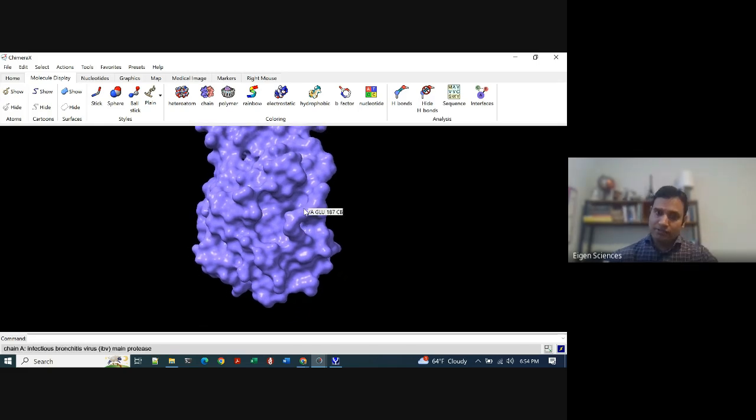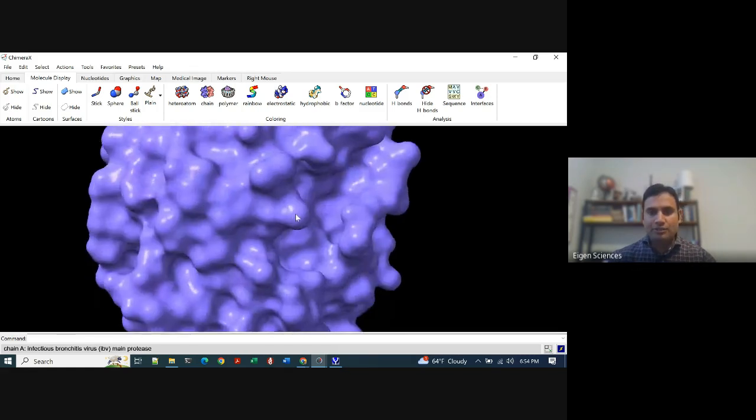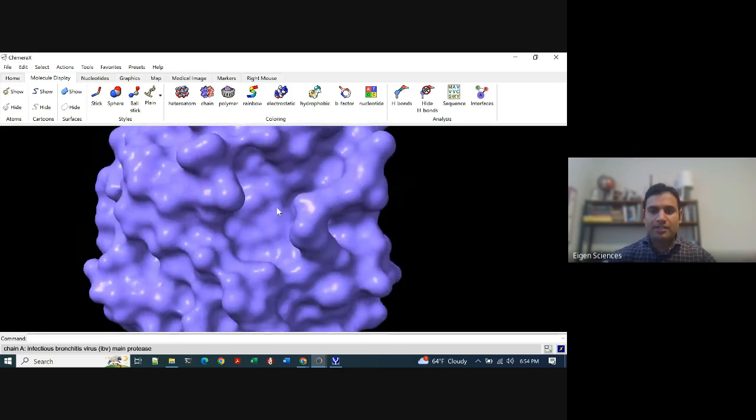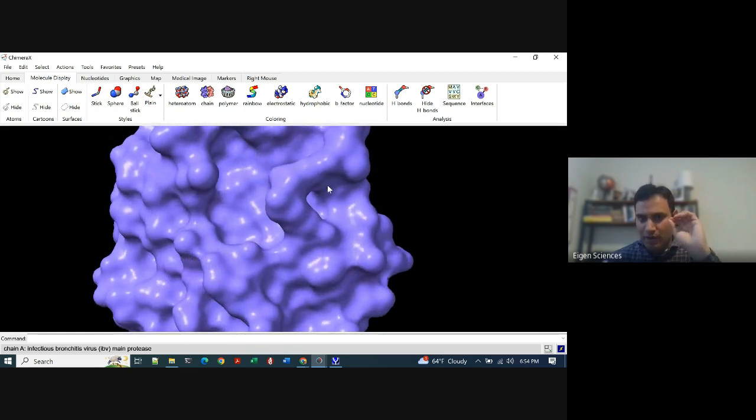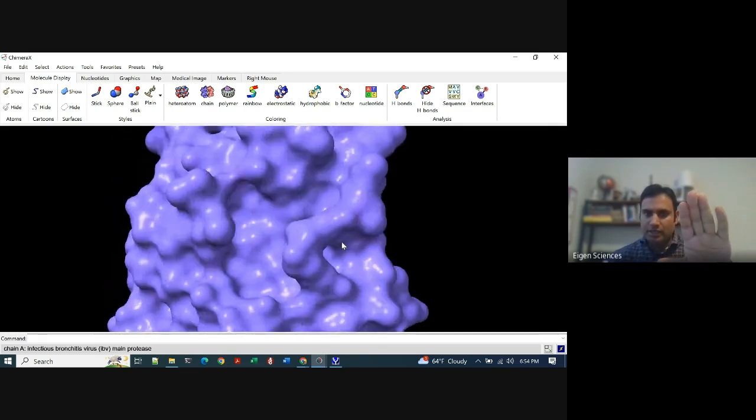And this is the first time you are looking at this protein, so obviously you don't know, but let me zoom in, and you'll see there is a cavity. There's a deep space in this protein, and this is the active site, and we want to bind something at this spot so that the protein can be inhibited. So protein will inhibit, coronavirus will inhibit, COVID will inhibit.